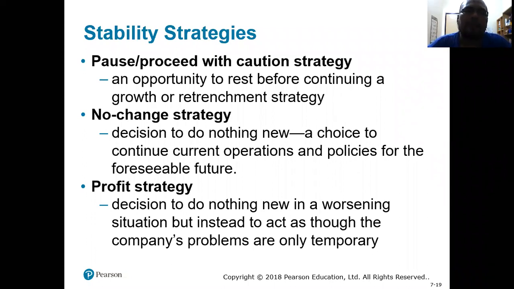So under stability strategy, managers can choose several strategies. Number one, managers can pause or proceed with caution strategy. What does it mean? Caution strategy is an opportunity for a company to rest before they continue a growth or retrenchment strategy. It says here, it is an opportunity for a firm to rest before continuing a growth or